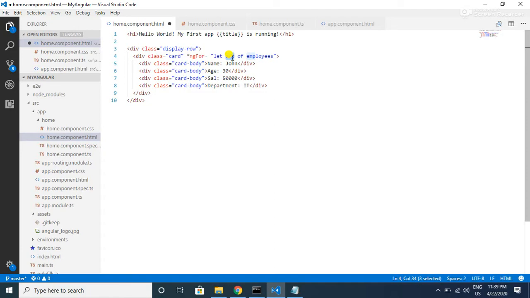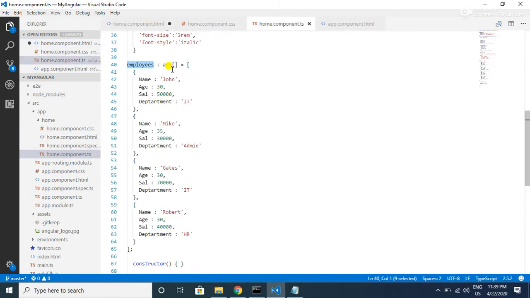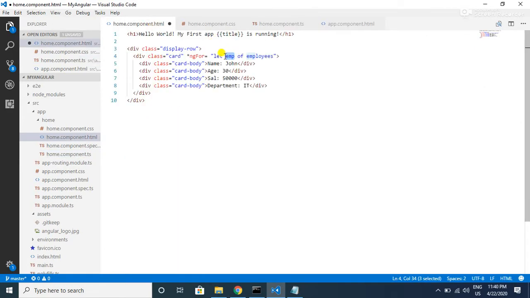As we have 4 employees in the array, for every iteration this emp object holds each employee object. For the first iteration it will hold the highlighted employee object, and for the second iteration it will hold the mic employee object in the emp local variable.